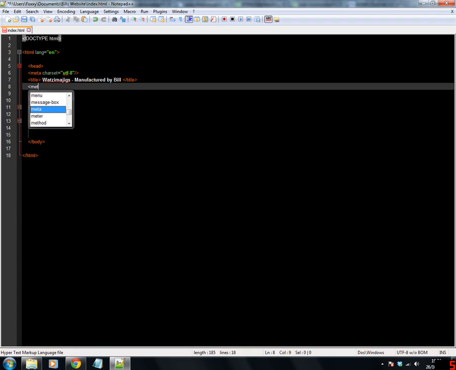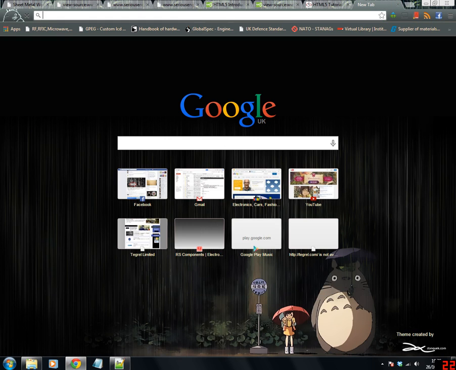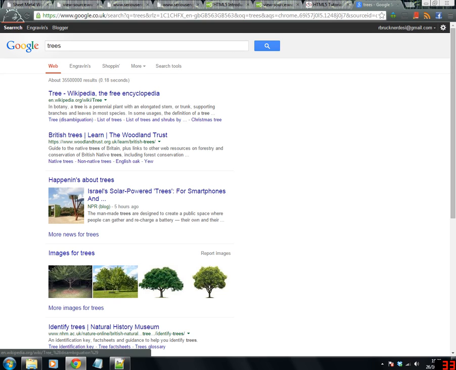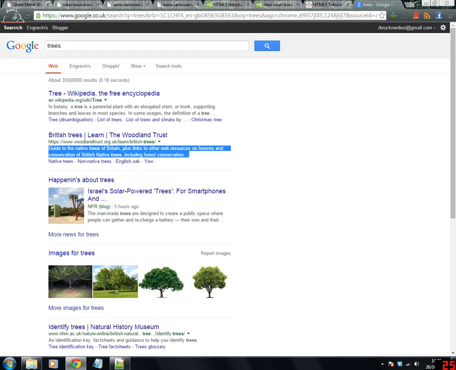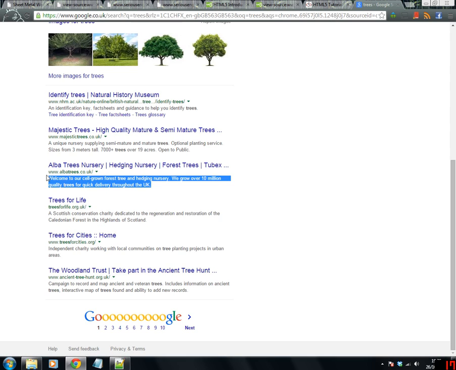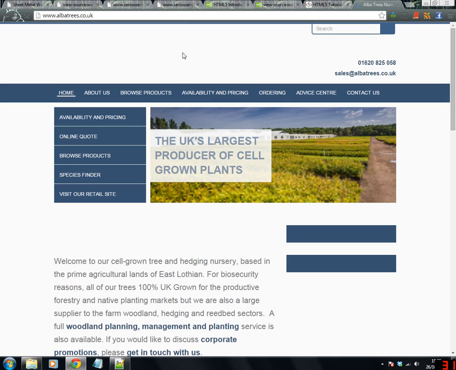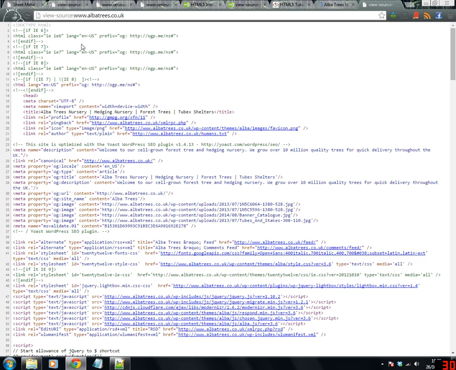Our next piece of metadata will be our description. So we'll name our metadata as description. Let's see whether my internet will work; say we Google trees. There we go, that's the description. Now Google will build this for you if you don't include a description yourself. Google will just form this from the website. See, for example, here we've got Alba Tree Nursery, and they've got this. What we should see when we view this is that it is part of the website description. So if we right-click, as we always do, and go View Page Source,